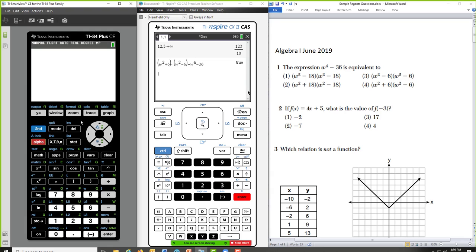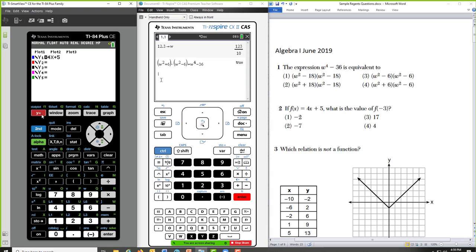Press alpha trace, and there's a shortcut for all of your y functions. I put 4x plus 5 into y1. So if I select y1, open parentheses, negative 3, and press enter to evaluate, I've just evaluated 4x plus 5 when x equals negative 3 to see the answer is negative 7.